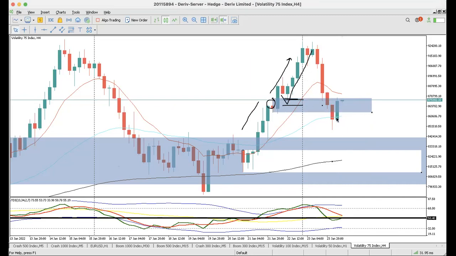Right, it's been broken by that red candle. The green one is coming back inside. So if I'm looking at V75, I'll look for possible sells, but at the same time, I'm looking for possible buys based on what we saw on the daily chart. Otherwise, it will be best to trade V75 tomorrow after we see how the daily candle closes today. But in the meantime, what we can do is pay attention to what's going on